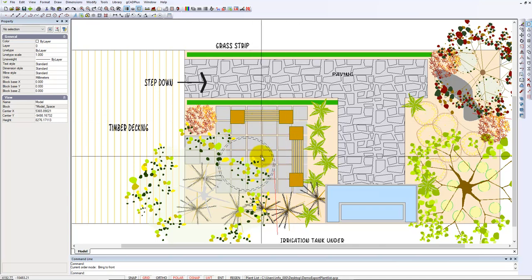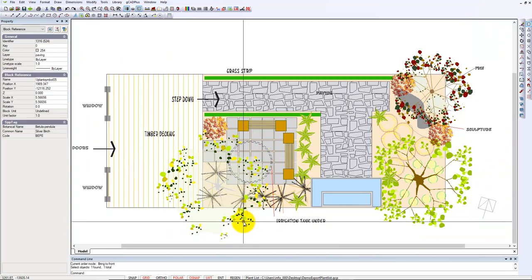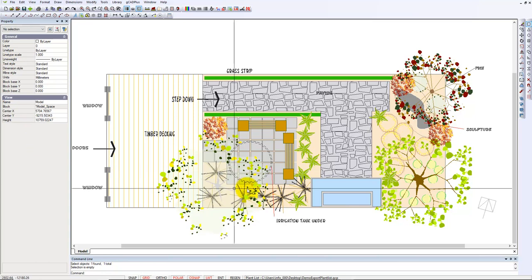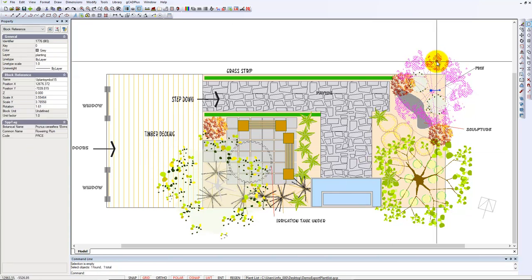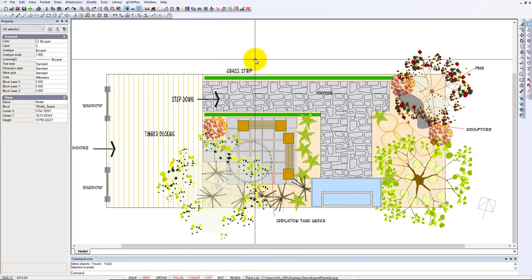seating here. So it's a relatively complex design, but whenever we select a symbol representing a species, over on the left hand side here, the botanical name, common name and code show. Let's choose another one. We'll pick this rather taller tree. It's a flowering plum, a prunus species. So I think you can see that the design is nearly ready for presentation, but we want to generate a